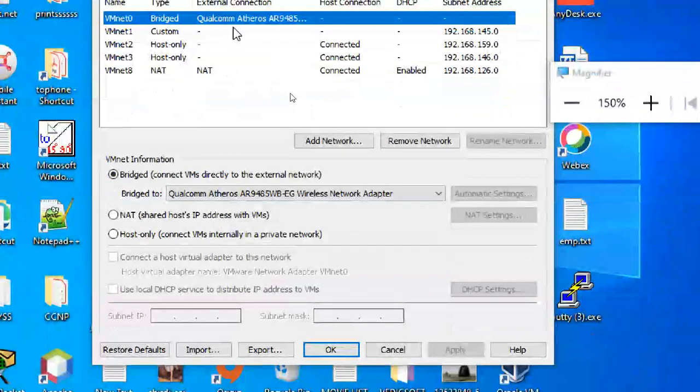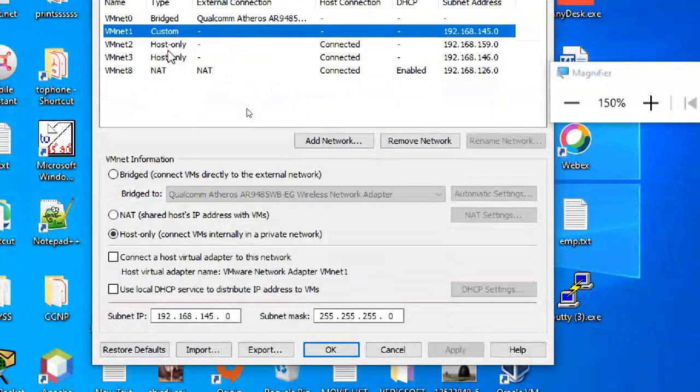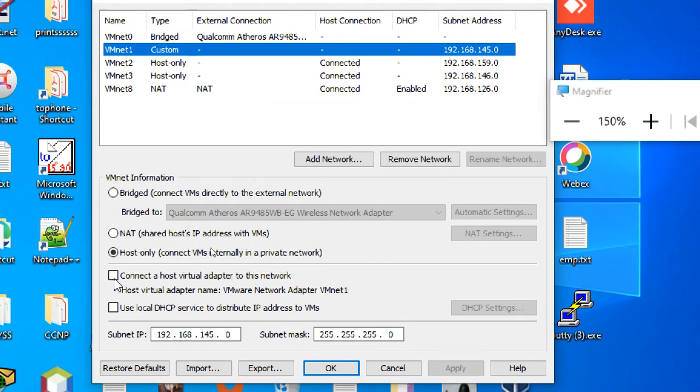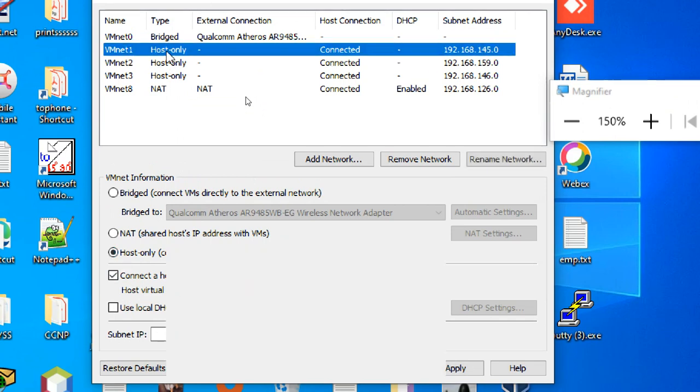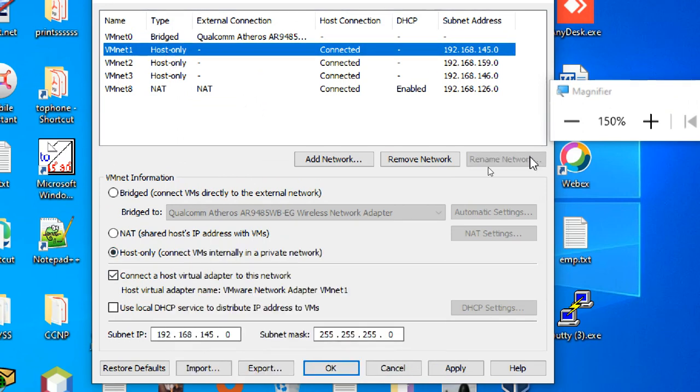VMnet 0 binding is there, very good. VMnet 1, you can see it is host only. I removed this one. Make sure this connection is there.